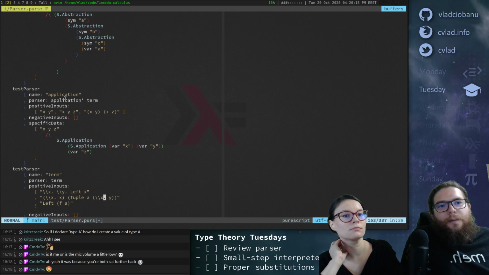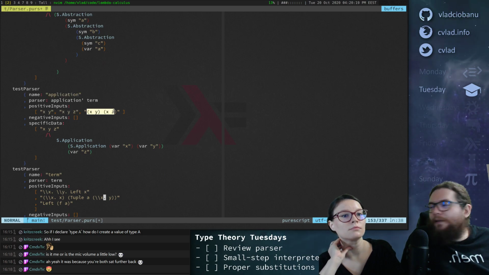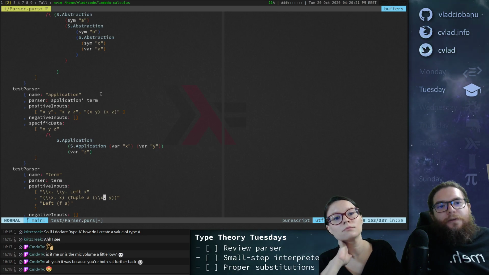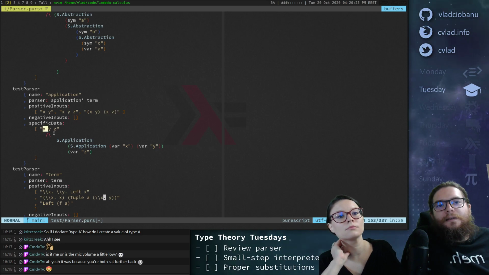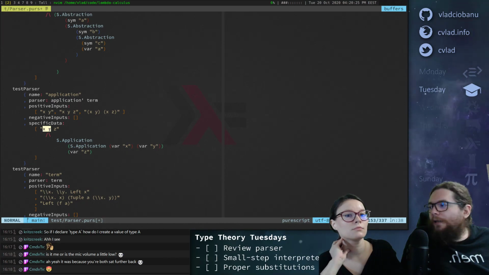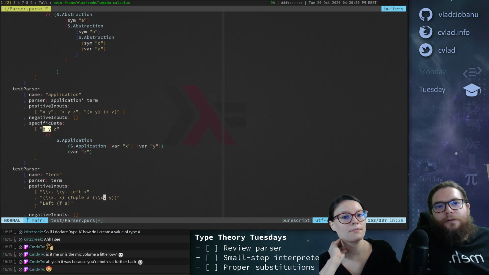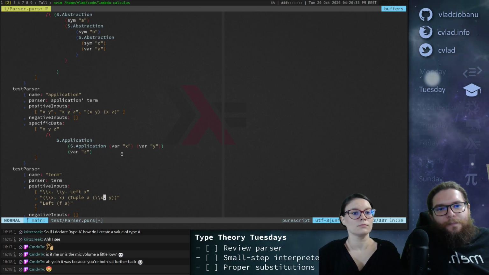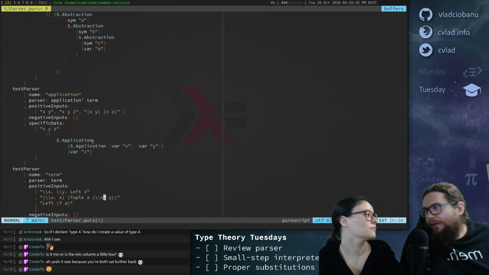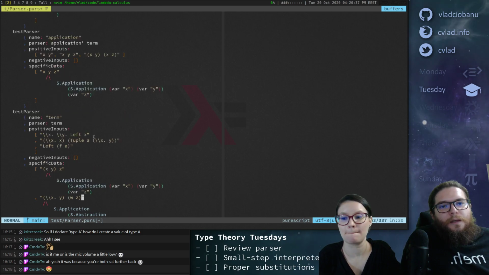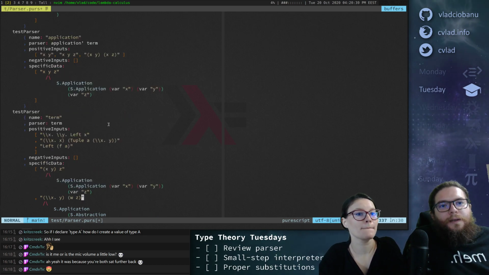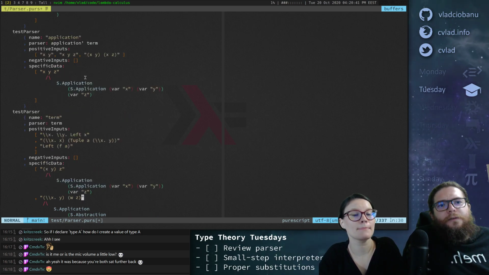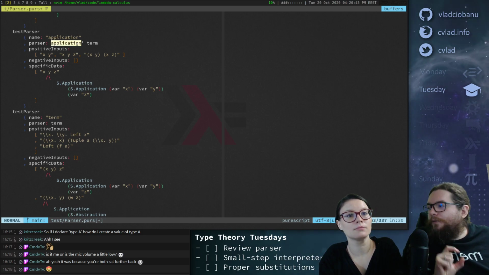Then application, again, we have X. You can put as many things, you can parenthesize them however you want, but normally if you don't parenthesize, you apply X to Y, and then the result is applied to Z. So it's left to right. You do these two first and then the result to this, as you'd expect in lambda calculus.